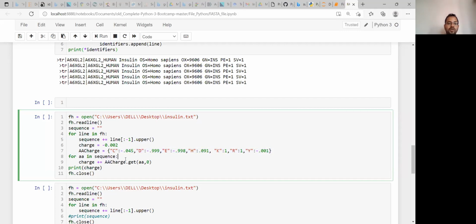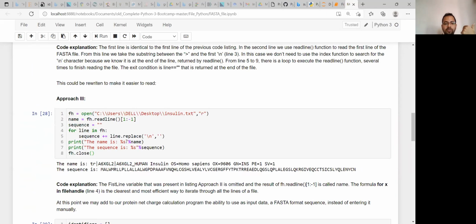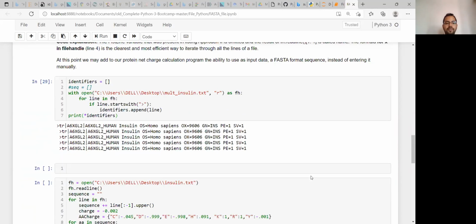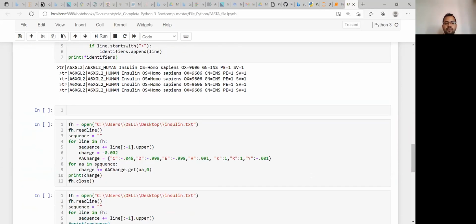And then we are getting the amino acid charge and adding these charges sequentially. We are checking the amino acids from the sequence itself. Which sequence are we talking about? This sequence. We are searching the amino acids from the sequence, and checking whether each is in the dictionary or not using this get method.